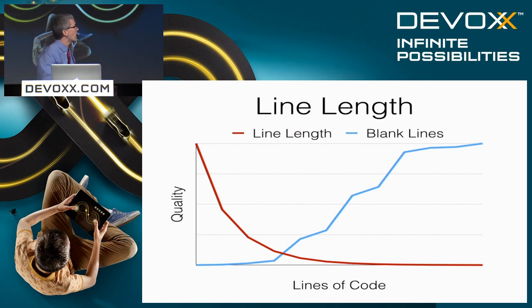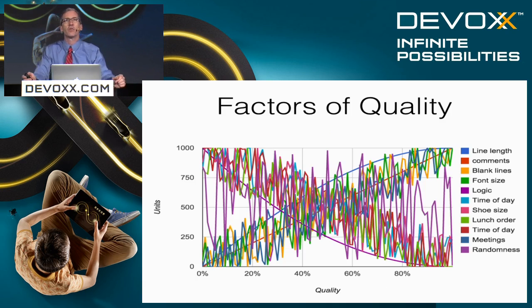Finally, we can overlay a couple of factors and start seeing how they relate to each other. We've got line length, and we've got the number of blank lines in your file and how they contribute together to create the lines of code, as well as the density of logic in your file, as well as the overall quality. And this leads toward my final data that I'd like to put up today, where we combine these factors and several others to come up with this self-explanatory graph. I think that's obvious. I can pause for a second. Yeah, I think that'll do it.